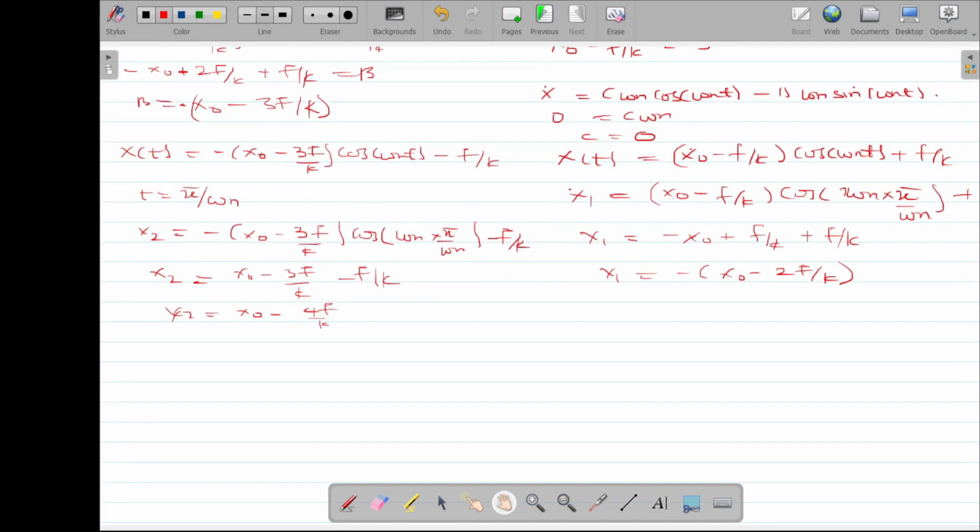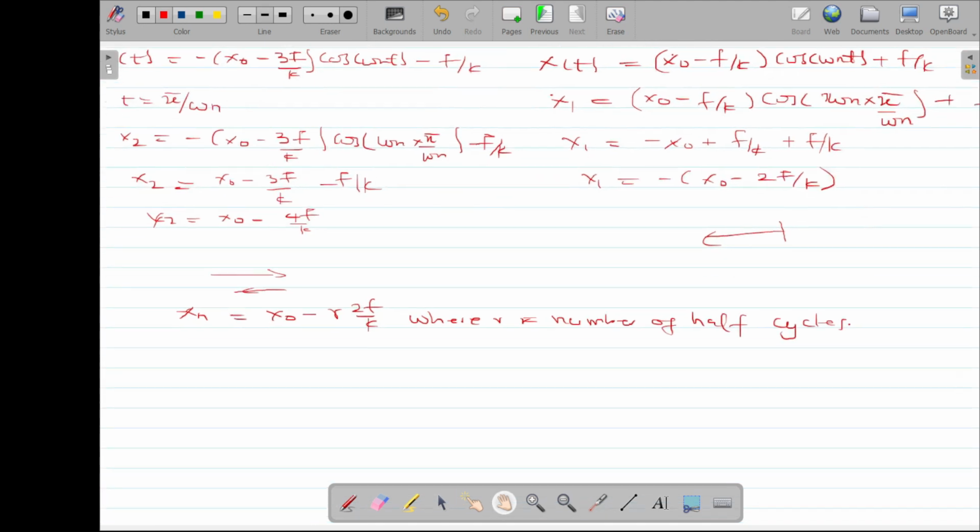So what we observe is that when the body moved from left to right, we subtracted 2 times f on k from the initial position. When it moved from right to left, we subtracted another 2, giving us 4. So when we move 1, we subtract 2. When we move 2, subtract 2. So the displacement at any end will be equal to x naught minus r times 2f on k, where the r represents number of what, half